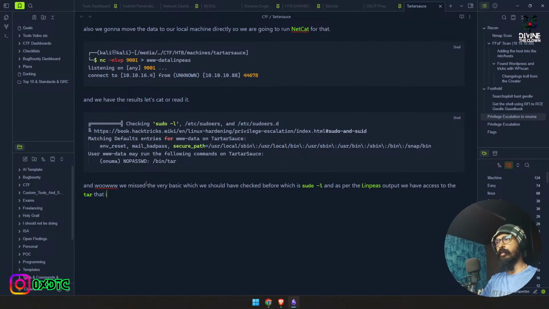That's a tool to unzip tar based files, and it seems we can use that with sudo and without a password. So let's visit the